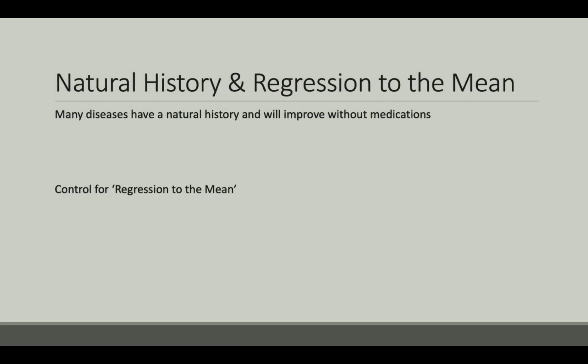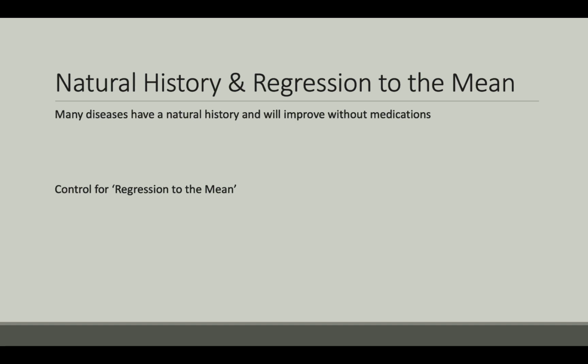Natural history and regression to the mean are two of the three primary reasons why we may jump to false conclusions without comparison groups. Natural history refers to the natural course of disease without the use of any intervention or treatment. For example, we know that many diseases will improve without medications, such as the common cold. Yet many people demand antibiotics from their doctors for this condition and swear that they work, even though the vast majority of cases are due to viral infections,